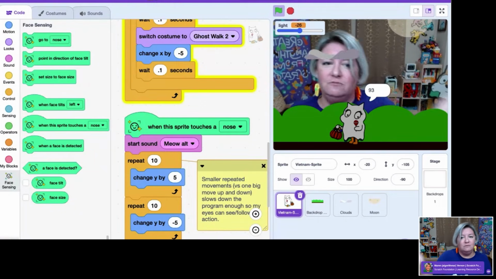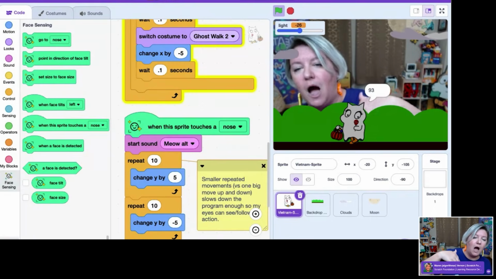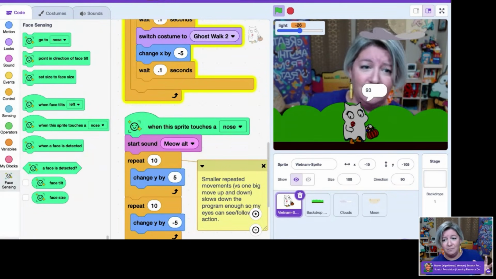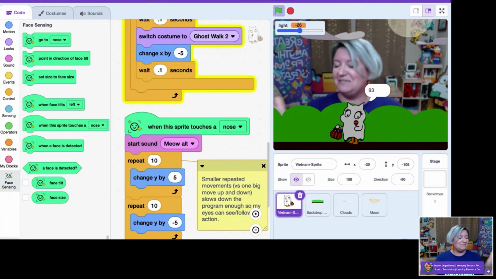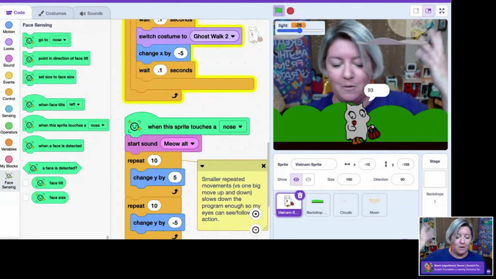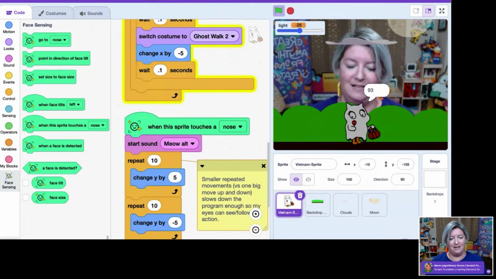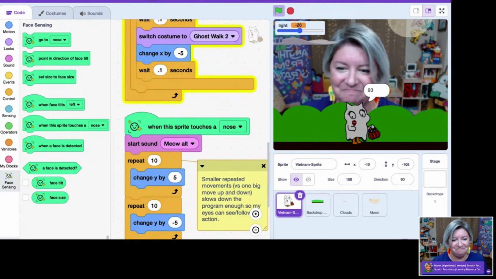So lots of different ways that you could level up this project, lots of different ways that you can talk about accessibility, and then you're also just getting those wiggly learners moving. Sometimes I'm guilty of this myself. We just want to move and groove while we're coding. And so this kind of gets the whole body and mind into the process.